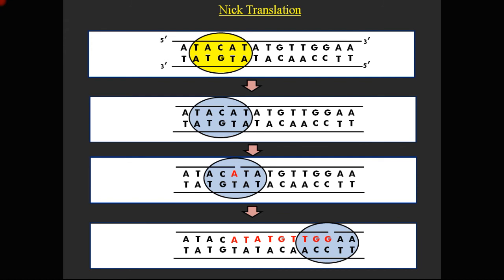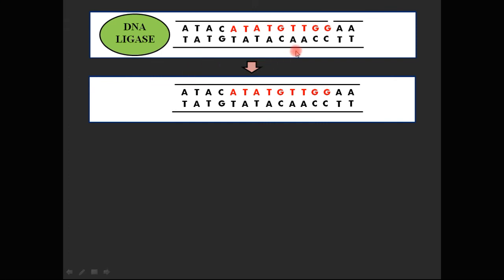Once this is done, DNA polymerase will leave. Once DNA polymerase leaves, then DNA ligase is going to join the party and it's going to come and sit here. DNA ligase is going to reseal this gap, and this is good to go. So this was all about Nick translation. This is how this piece of oligo was radio labeled or fluorescently tagged using the three enzymes DNase 1, DNA Pol 1, and DNA ligase.